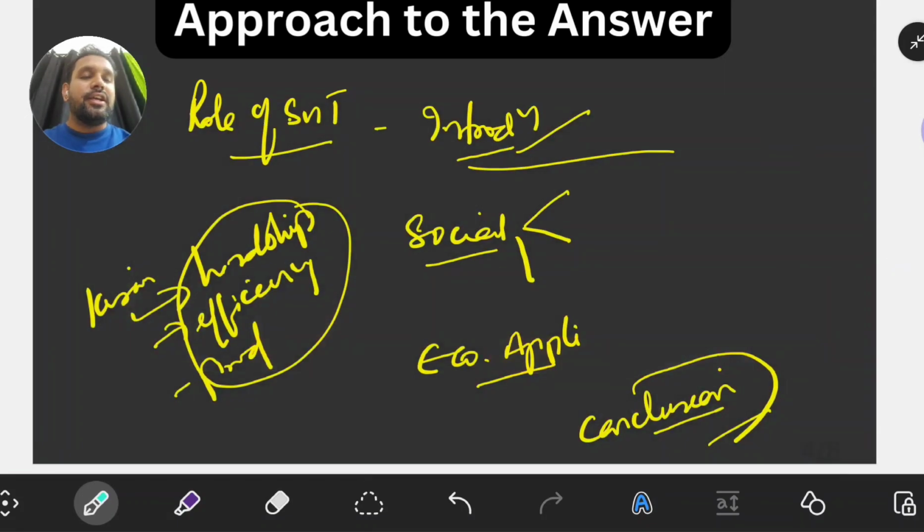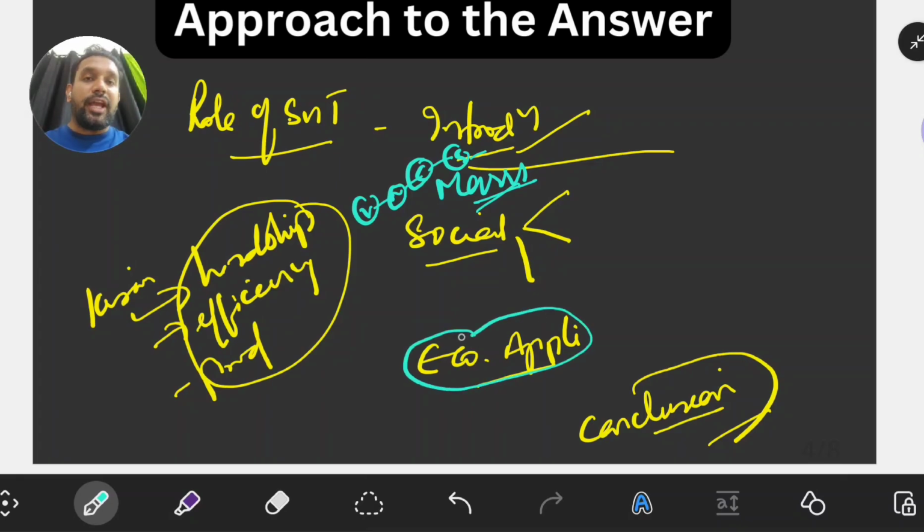Let us discuss. Social applications are those applications which are actually helpful for the masses. From the village level to the mandal level, to the city level, to the state level, to the India level, all the individuals will be benefited. This is called social applications. When we talk about economic applications, we are talking about how the technology can integrate